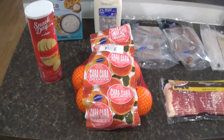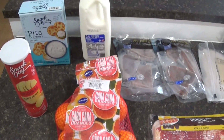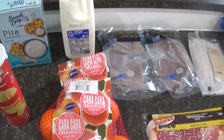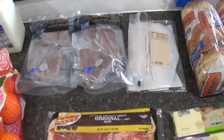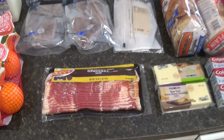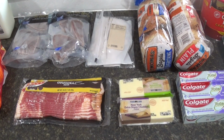I'll also pop in a quick update on what Keith did for his grocery haul so you can see how much money we've been spending this week with the Pantry Challenge. So here's a look at what we picked up this week at the grocery store. A couple of snacks, a little bit of milk, some ahi tuna steaks, some deli meat, bacon, which we haven't had in a while in this house, some cheeses,